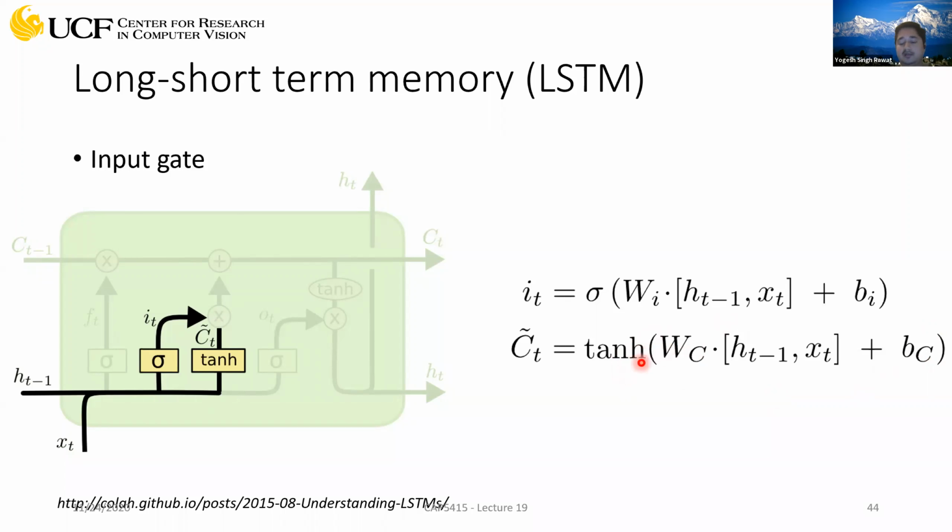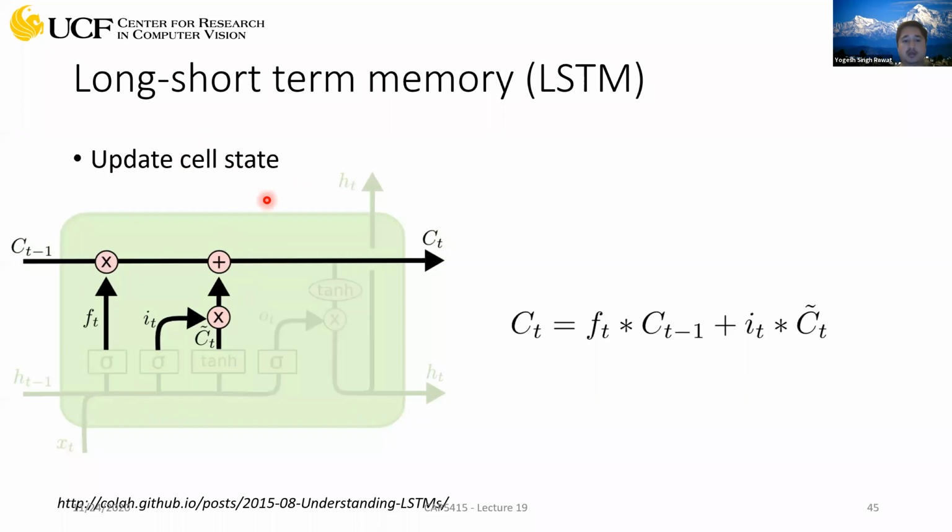And you're using a tanh activation. It means that your values will be between -1 and 1. So it's trying to learn some useful features there. And when you multiply this C_t with i_t at this location, you're filtering your learned features from this input, right? So this decides what features to keep and what features to not keep. Again, this is sigmoid, so that will be 0 or 1. And based on that filtering, whatever values you have kept, you will directly add those to your cell state. So that's your input gate.